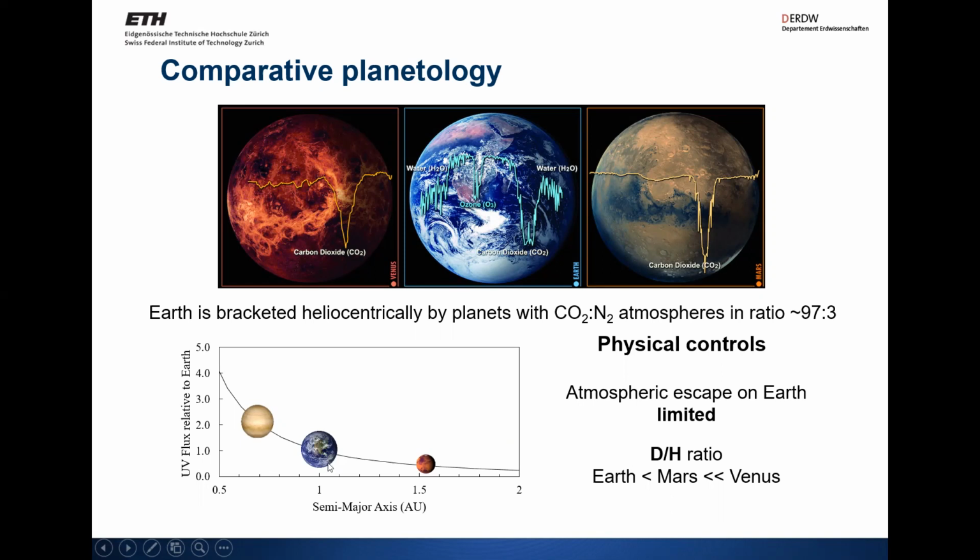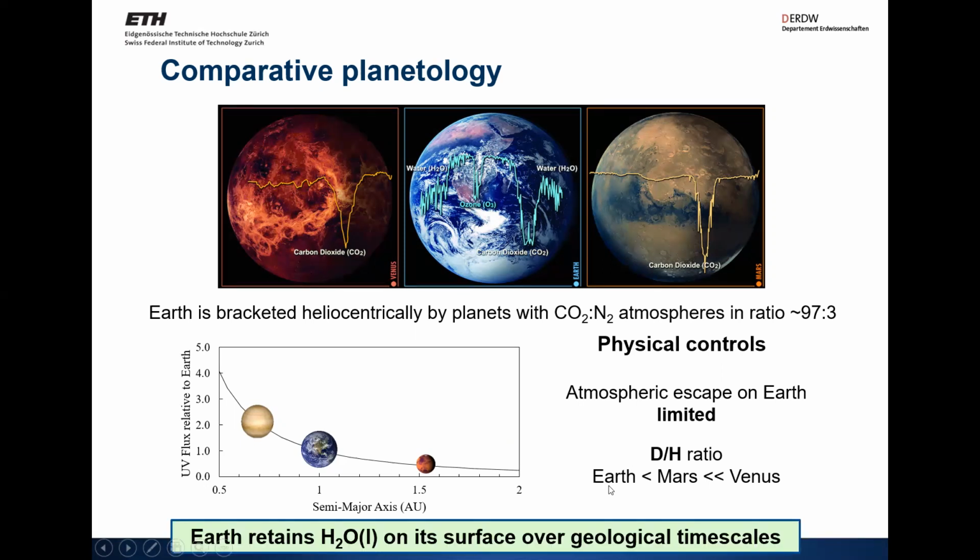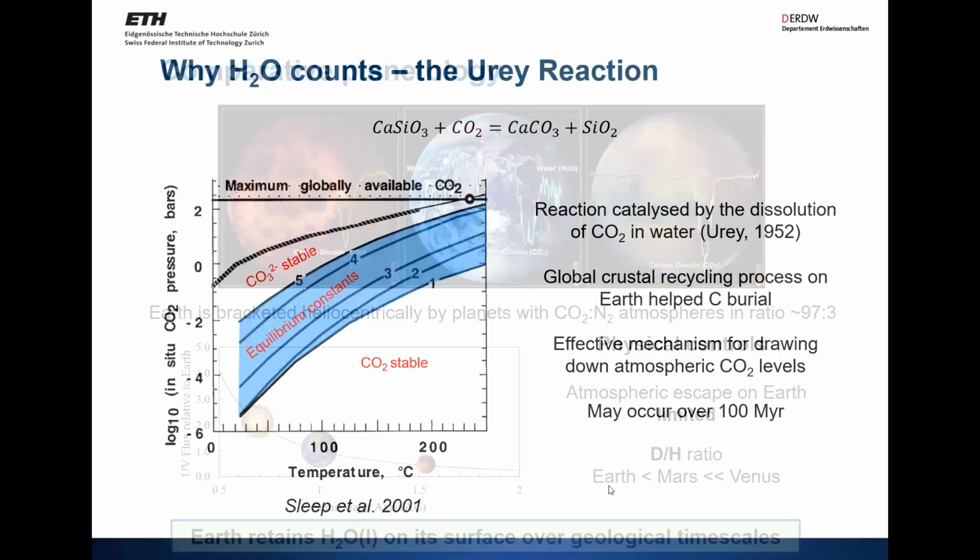It's larger than Mars, which means that it is more likely to retain its atmosphere. And this is indeed borne out in the deuterium to hydrogen ratio, which states that Venus lost most of its water, or almost all of it, Mars some fraction, and Earth less than either of them. And so this is a key result of the Earth's particular location and size. And then